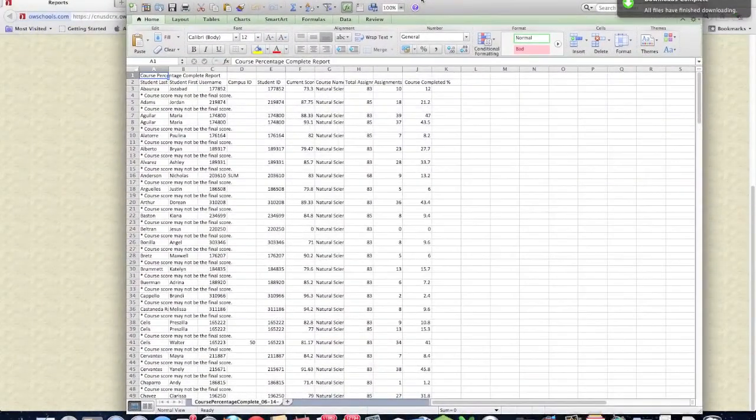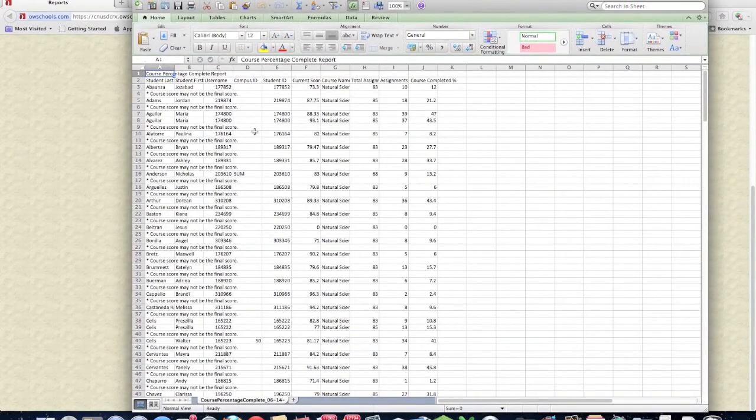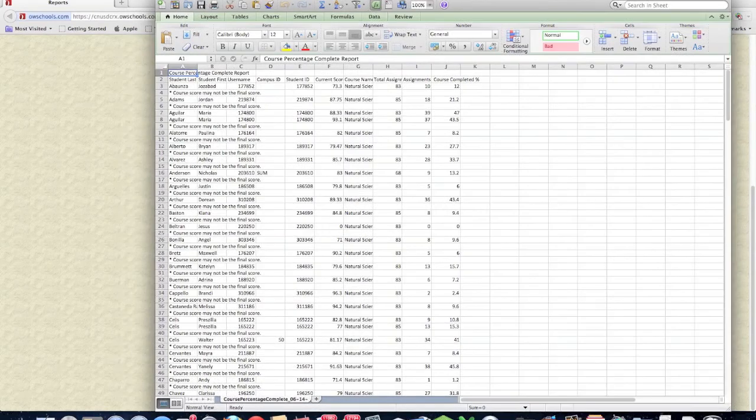And here comes my Excel spreadsheet. This has all of my kids in it. It has their percentage completed, the course names, and so forth. And depending upon your version of Excel or your screen resolution, this will look goofy initially. Right now I'm kind of having a hard time making sense of this because some things are covered up and other things aren't. So the trick is with Excel, if you click in the left corner where the column letters and the row numbers come together,